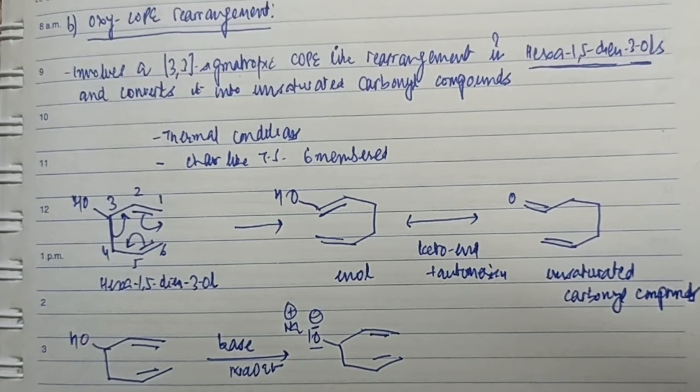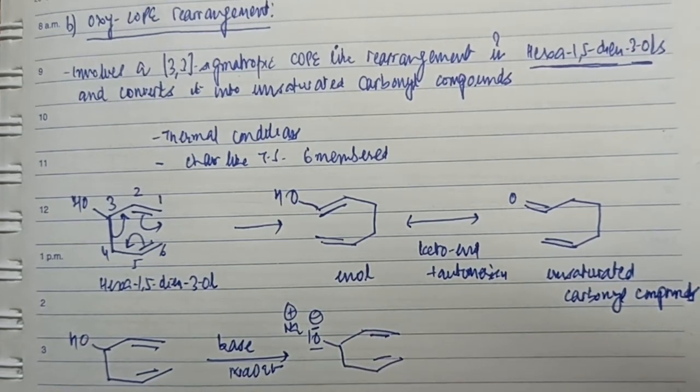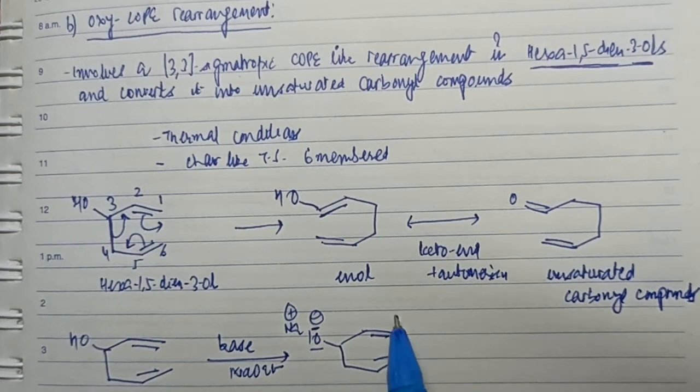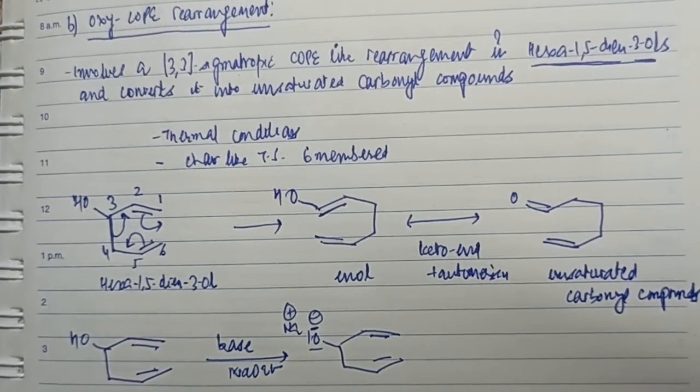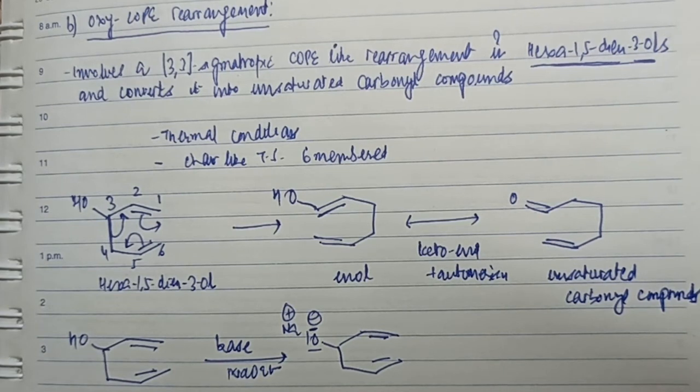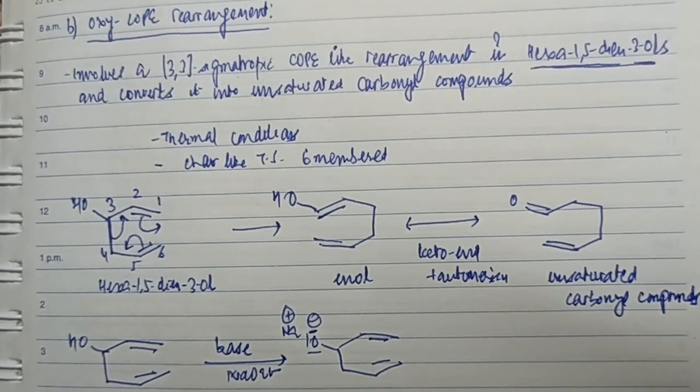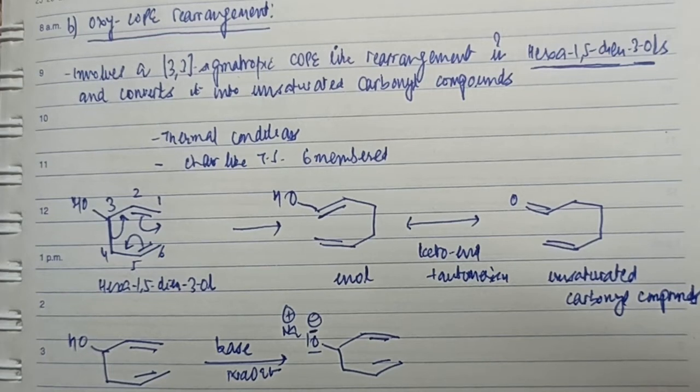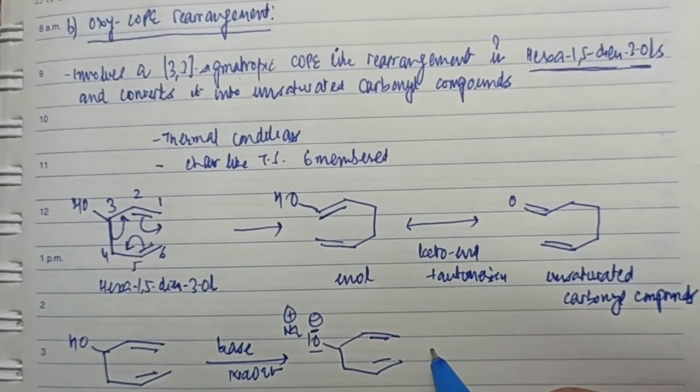Once you have an anionic portion in this moiety, this oxygen would tend to stabilize the transition state, because as in all radicaloid species, we have been advocating that there is a hypothetical cleavage of the sigma bond which leads to the formation of two radicaloids, the sigma bonded group and the pi framework, and radicaloids being electron deficient in nature, any substitution pattern that could infuse electron density onto this system would stabilize it. Therefore, the presence of the alkoxide moiety, the negative charge on oxygen, provides strong enough electron density to the system to make it stable. Hence, this kind of rearrangement would be more facile than the earlier rearrangement.